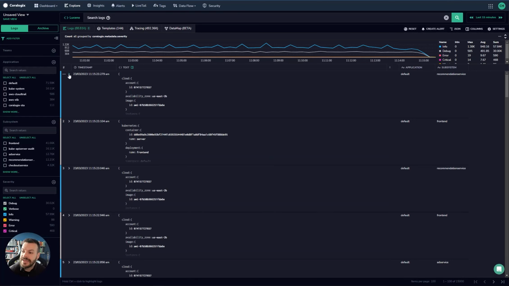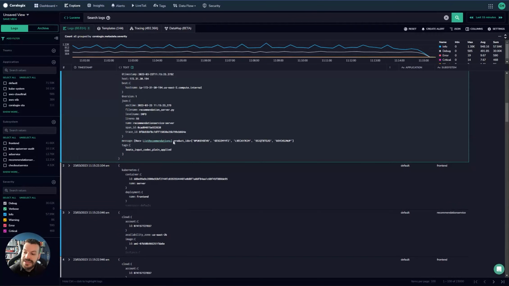The final limit is the message length. See here, this is quite a short message. But part of the problem is if this message value exceeds either 10,000 characters or 500 words, then Loggregation will not run on this document. That's because it's just simply too large for any classification algorithm to run effectively. So the way to solve this is either to change how your logs are parsed, to change the data that's being produced, or to transform the data such that the message is shorter. But if it is over either 500 words, where a word is a space delimited token,